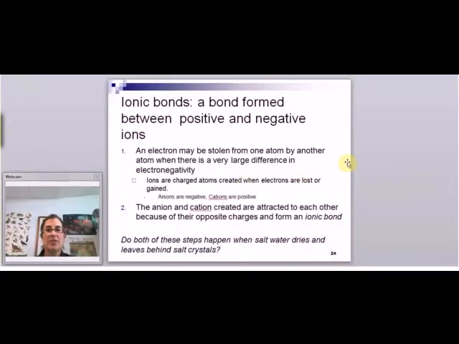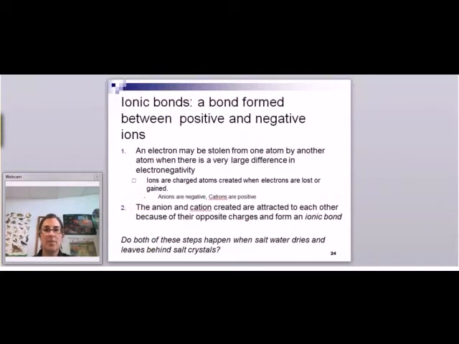So the last type of bond we're going to talk about is the ionic bond. An ionic bond is an attraction between a positive and a negative ion. Remember, we talked about earlier that ions are charged atoms or molecules. So the definition of an ionic bond